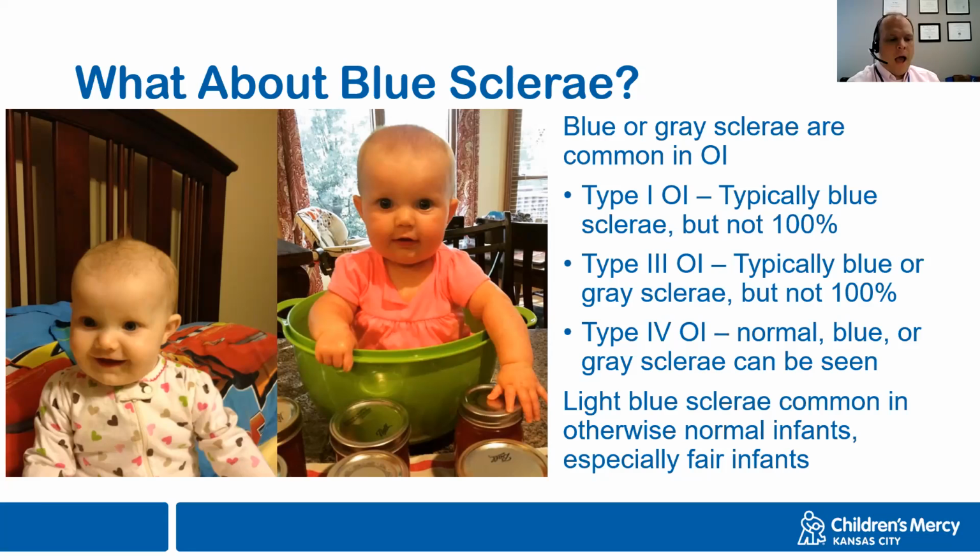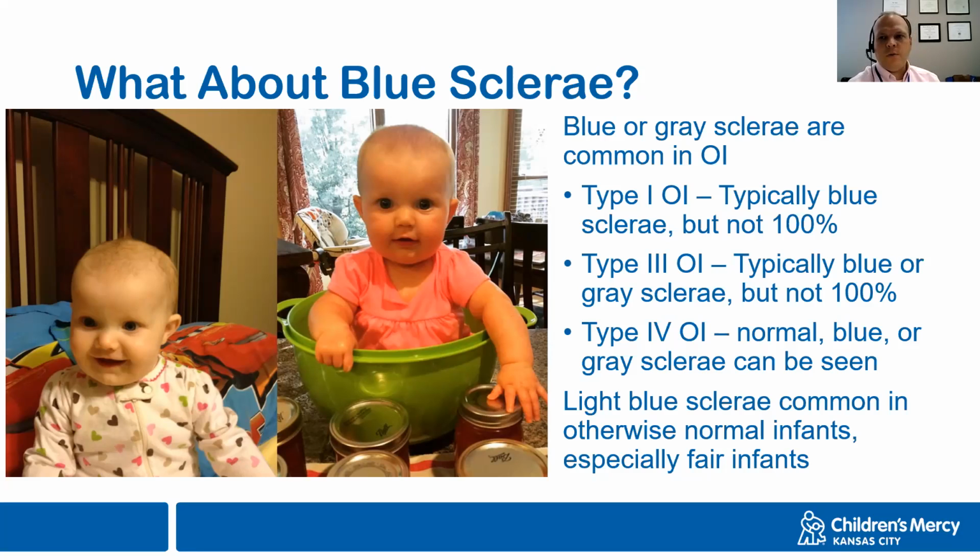And sometimes we'll have requests from colleagues to discuss a patient that has blue sclera that has a colleague concerned, or we'll have patients that are evaluated for findings that are concerning for non-accidental trauma, and the existence of light blue sclera is viewed as evidence that is strongly supportive for Osteogenesis Imperfecta. And so these two infants here do not have OI.